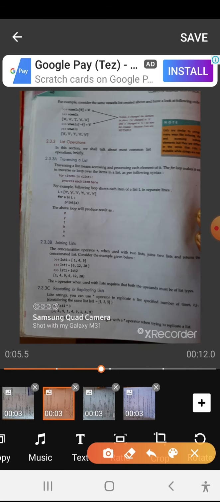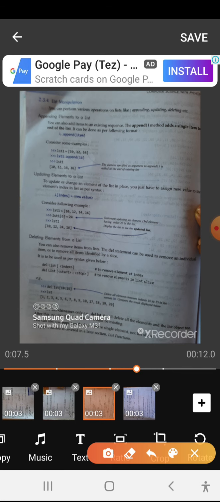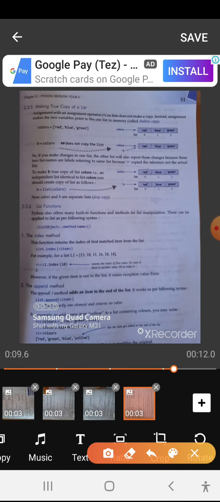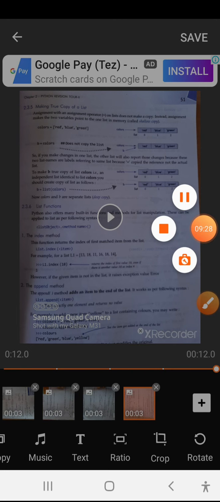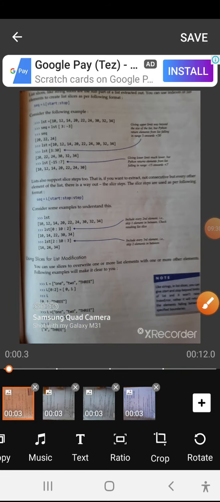The example is given here under the append method. You can use the example, and we will see the other methods later.